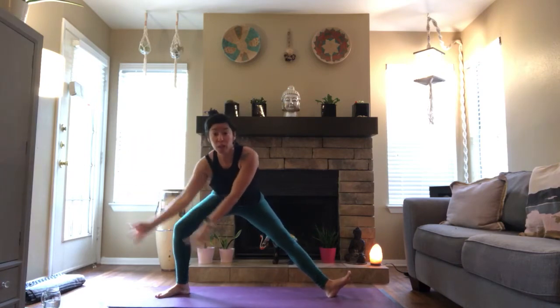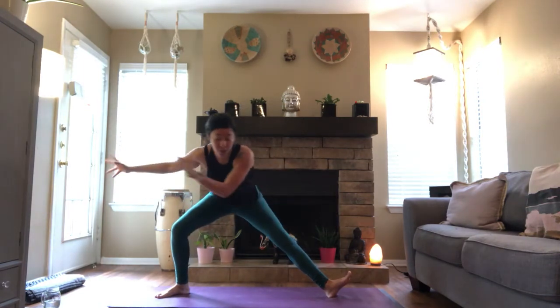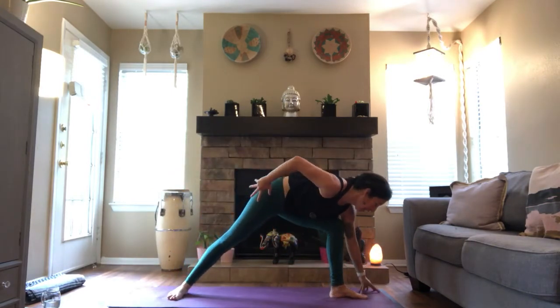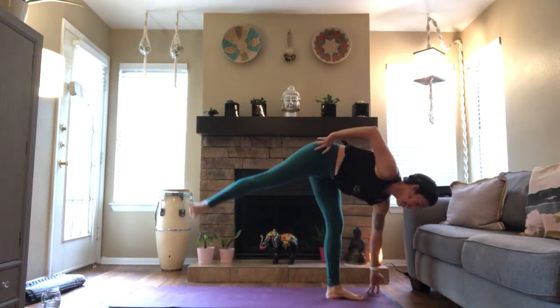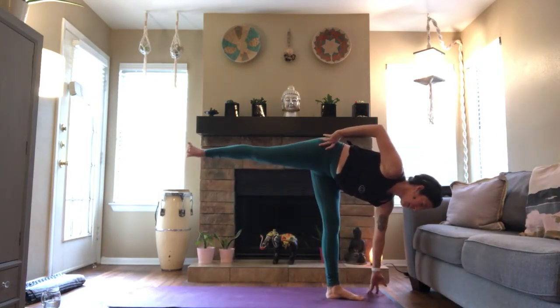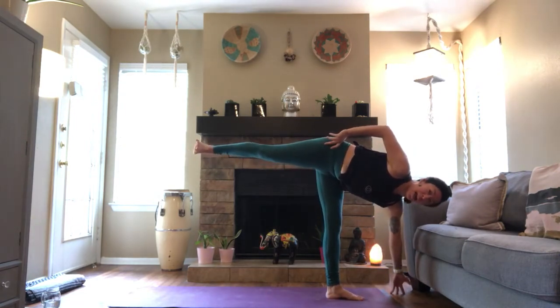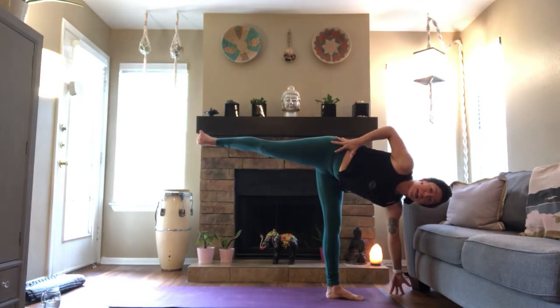We're gonna move low to the ground, to the front of the mat. We're gonna go into Ardha Chandrasana, half moon. So come all the way down. Take your left hand to the floor or a block, and you're gonna raise your right leg about hip height. Make sure your left foot didn't turn in. Your toes are pointing straight forward. Once you get there, start to slowly